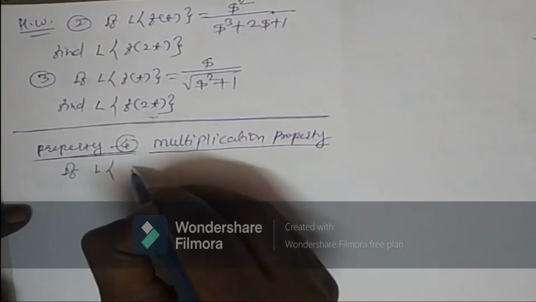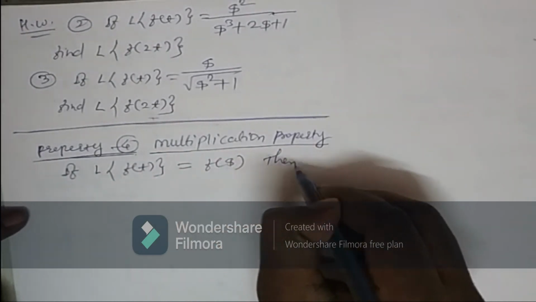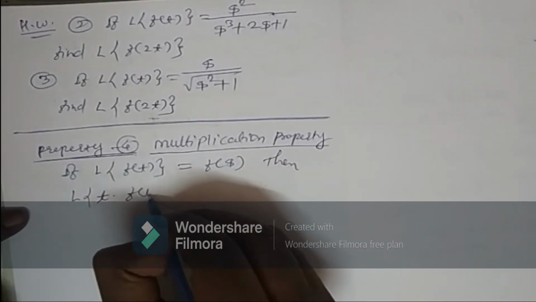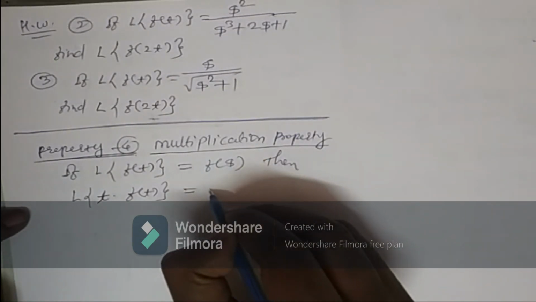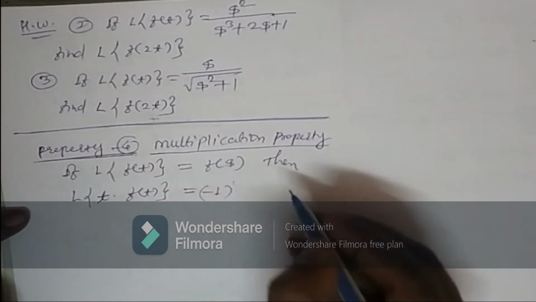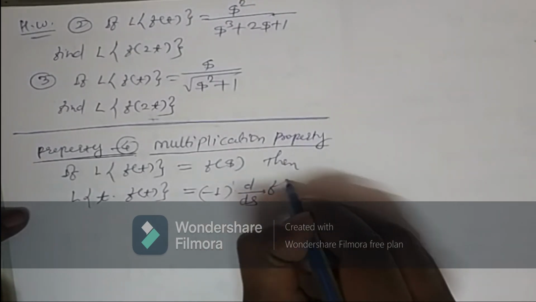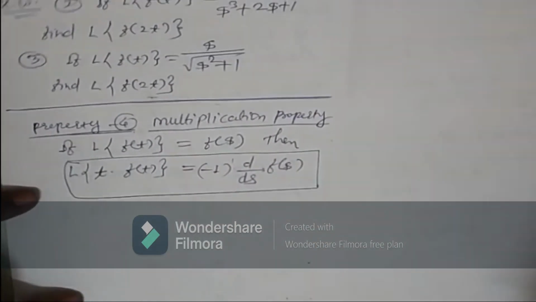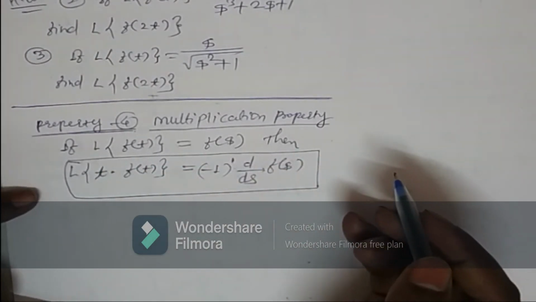If the Laplace transform of f(t) is equal to F(s), then the Laplace transform of t times f(t) is equal to (-1) times d/ds of F(s). This is a very simple property: the Laplace transform of t into f(t) is equal to (-1)^1 times d/ds of F(s). In short,